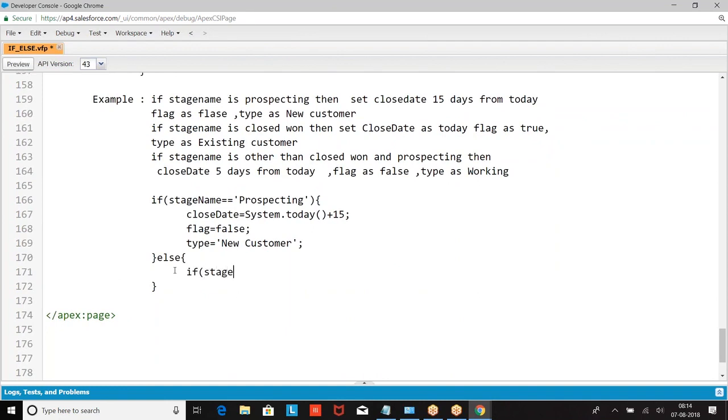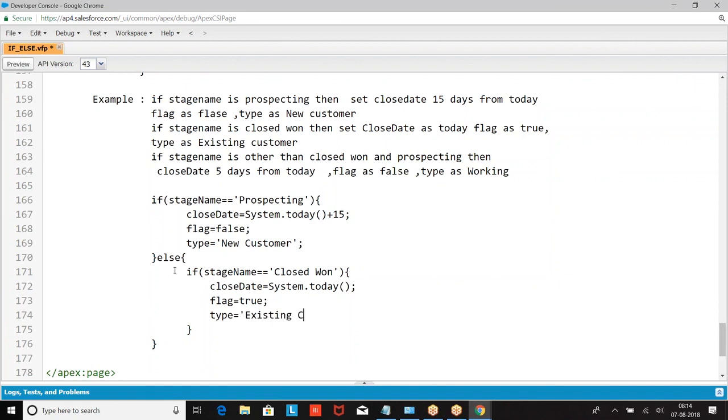Else if it is closed one, close date equal to system dot today, flag equal to true, type equal to existing customer.